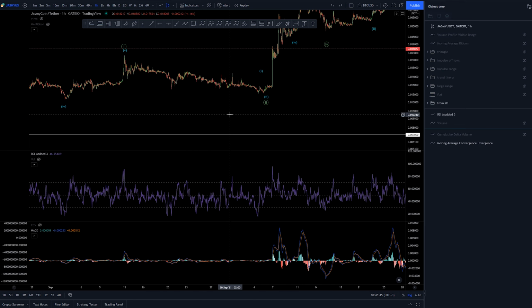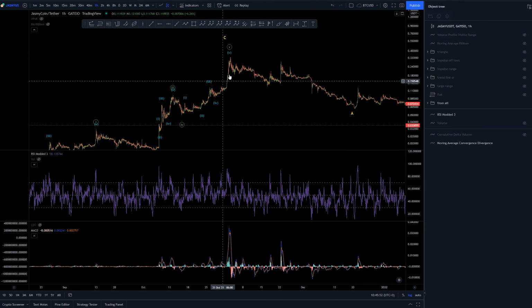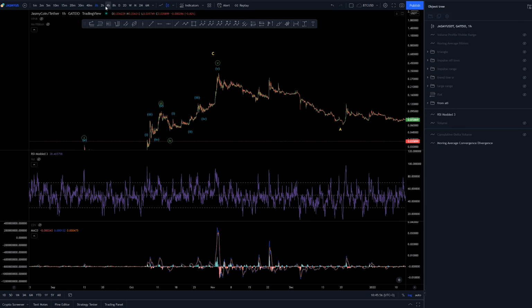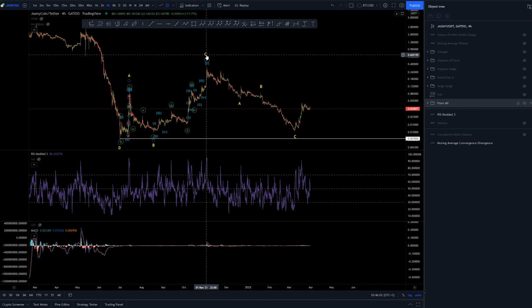But it doesn't really matter on the overall count, so I didn't spend too much time on that. Now we get some kind of impulse up here, up to the C wave. Now let's see on the higher time frame where we are at. We've created this ABC up here,